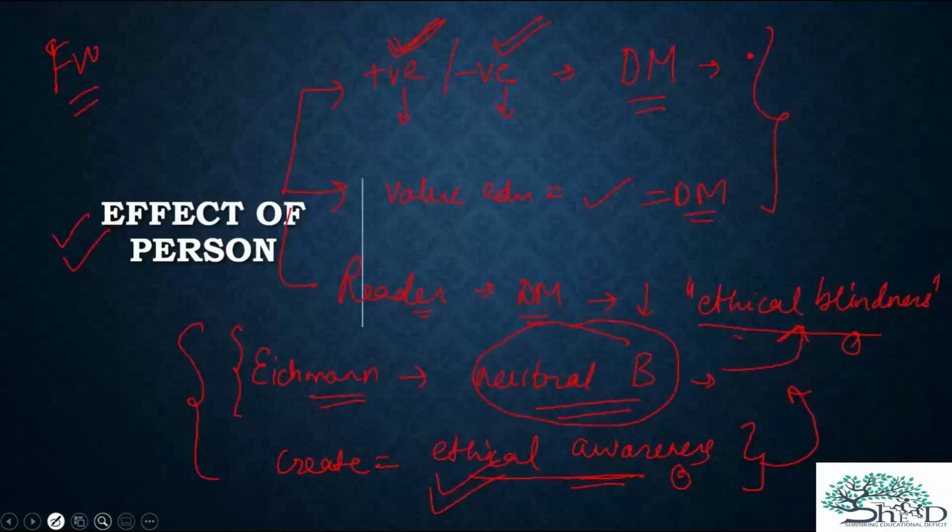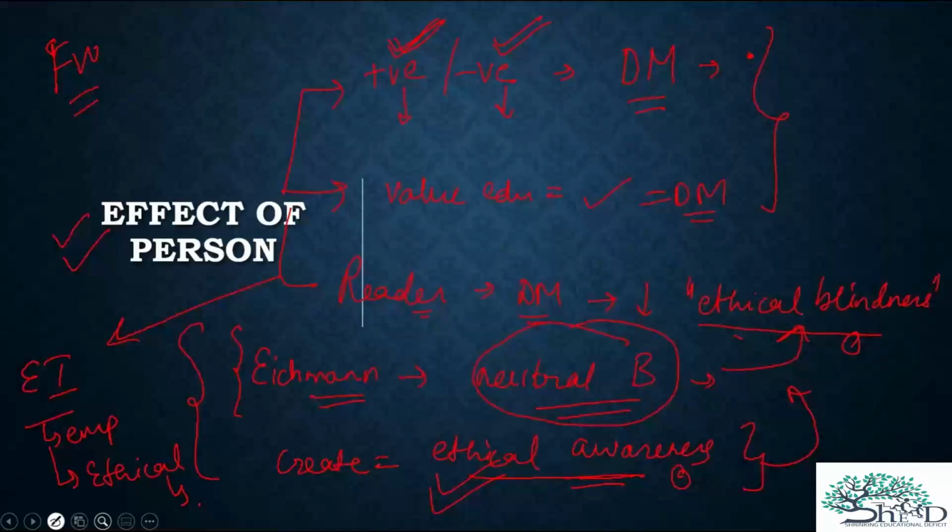Another thing we can see is that if the person has high emotional intelligence, the person will have more empathy. Let's say if the person is an administrator, the person might lead to more ethical governance. Why? Think about it. More ethical governance is when you can deal with people's problems effectively. Commitment to social service. If a person is ethically inclined, they have high emotional intelligence. In emotional intelligence, we are going to read that the person is not just able to handle their own emotions, but the emotions of other people.